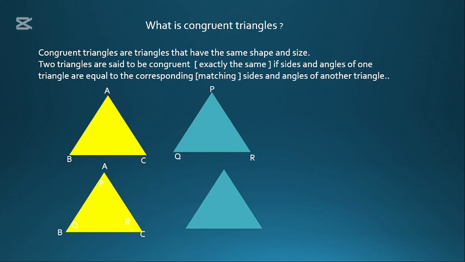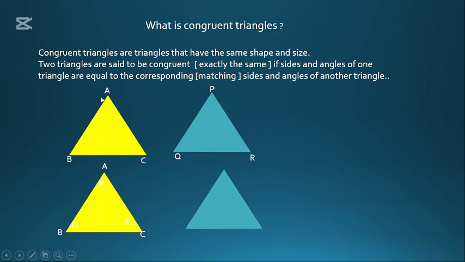We say the sides and angles of one triangle are equal to the corresponding, meaning matching, sides and angles of another triangle. Now I'm going to show you that this PQR fits